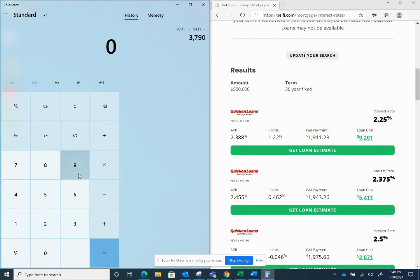The difference in the monthly mortgage payment is, let's start this, 1,943.26 minus 1,911.23. It's $32.03. So for the break-even point, 3,790 is the difference in the closing costs,